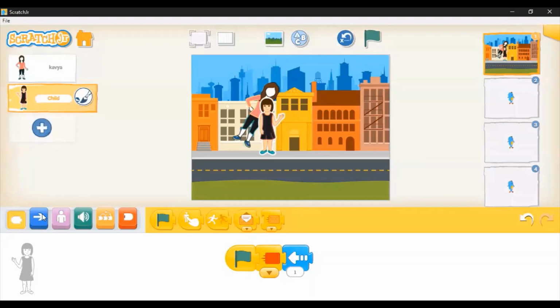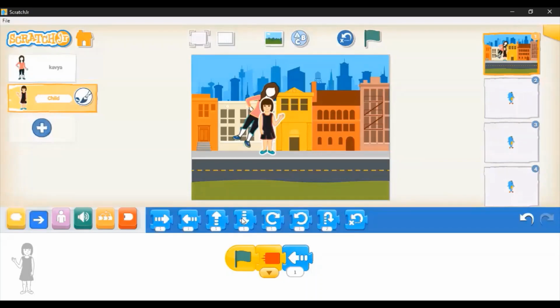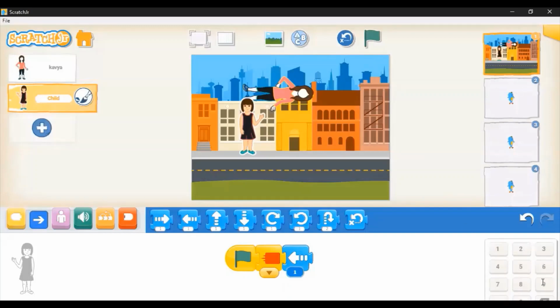We'll go to the next block, that is the motion block. Now here you can make your character move in other directions. And that too you can change the number of steps. I'm making her move just one step in the left direction. You can change it. How do you change it? Click here down where number 1 is written. You click there. In the right hand side you get a keypad. So you can select any number that you desire, say 25, any number. Okay, I'll undo it because I don't want to move it in so many steps. So I select step 4.